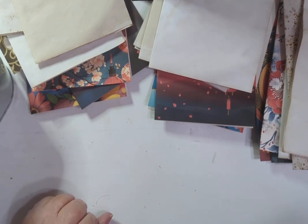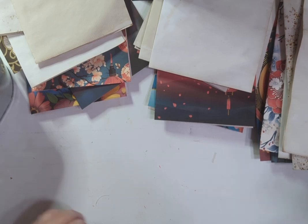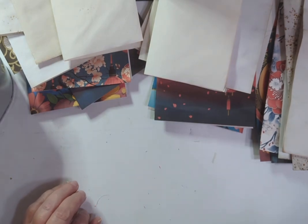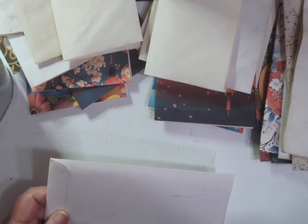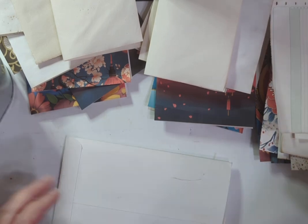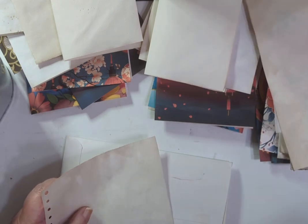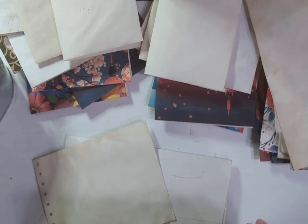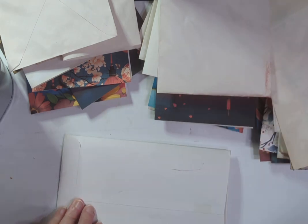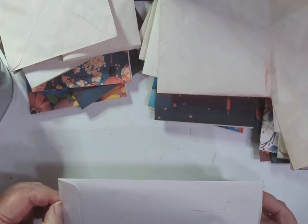So I'm looking in the scrap box, and I know I had some papers that were smaller, so I will just grab those out. I will grab one of those out. I will grab an envelope. I want to use these up, so I will actually use an envelope in each of the signatures. And then since I want to use this one up,